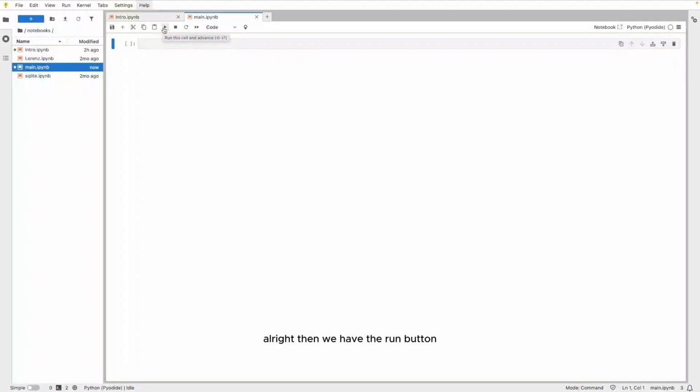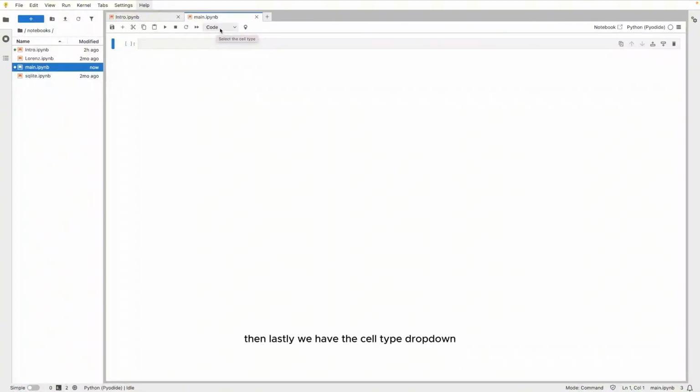Then we have the run button. It looks like a play button. You can click this to run the code in the cell. And if your code is taking too long or something is wrong, you can click the stop button to stop it. Now we have the restart button. Please be careful when using the restart button because this will clear everything you've done in your notebook.